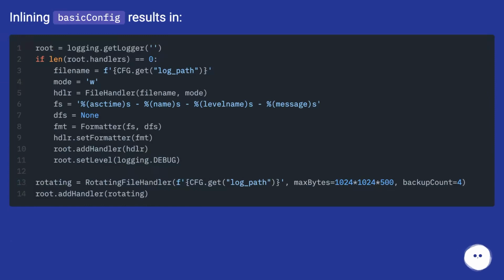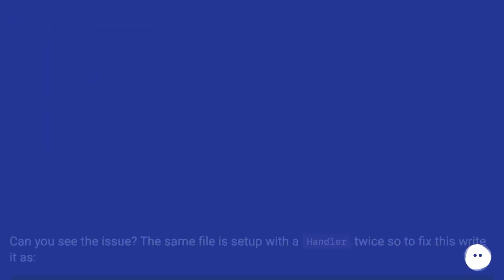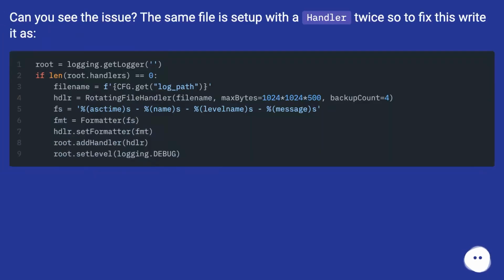Inlining basicConfig results in... Can you see the issue? The same file is set up with a handler twice, so to fix this, write it as